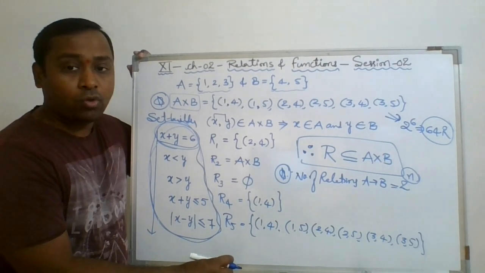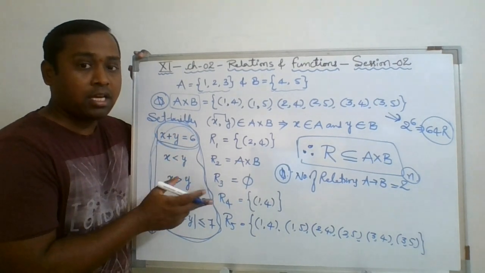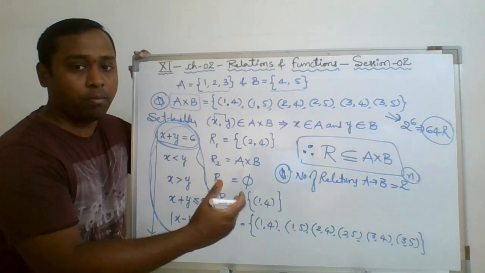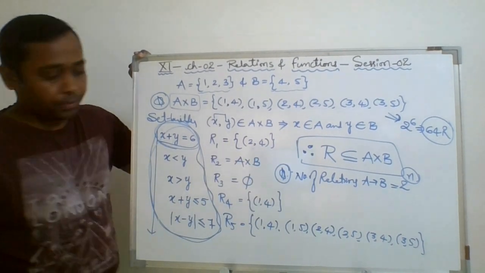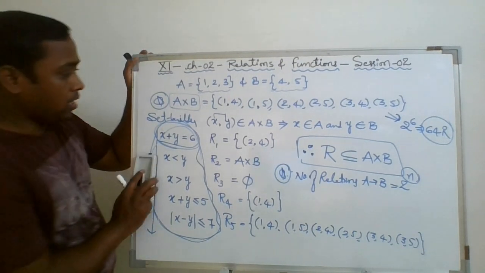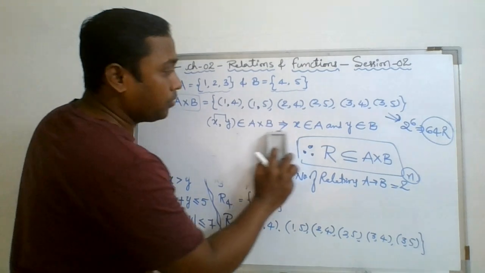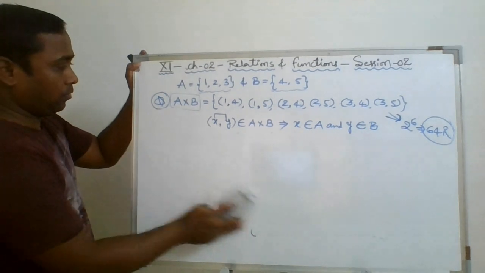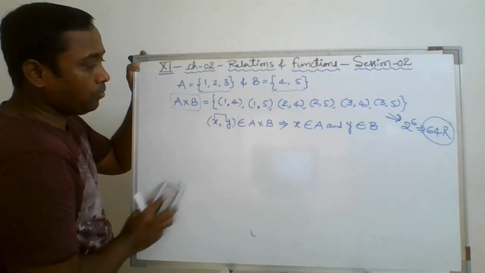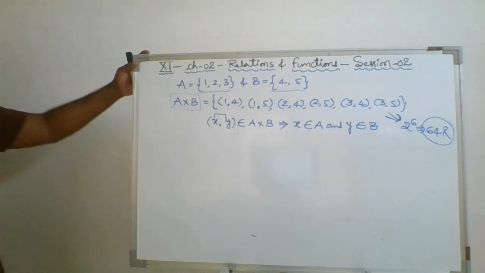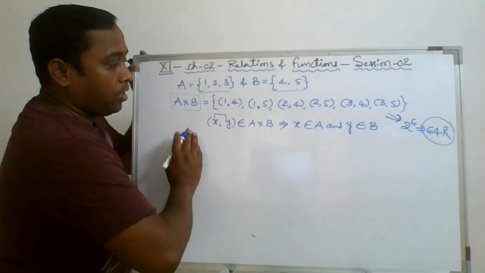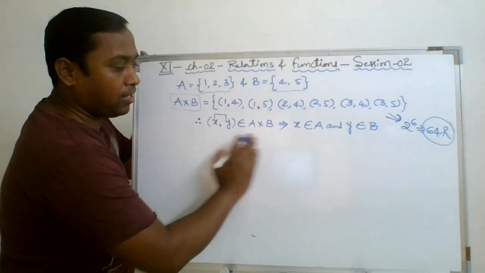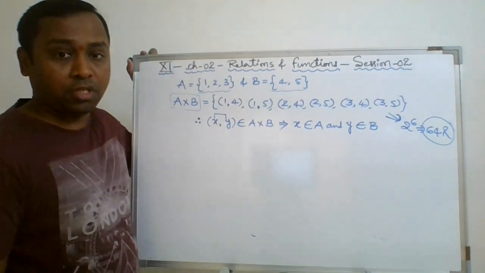Now I am going to express the same relation in three different forms, and thereafter we will discuss domain, codomain and range. This would be the topic. Okay. So here first I am keeping this example. Here A cross B is clear. What does A cross B mean? Now the relation definition is also clear.